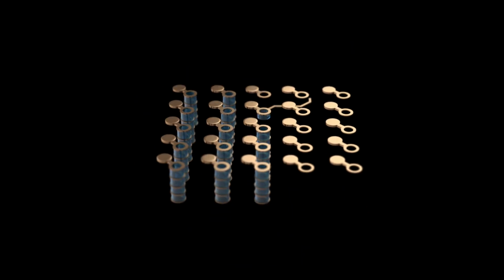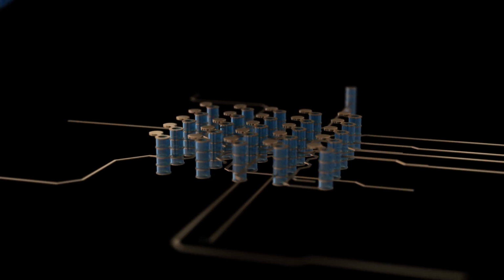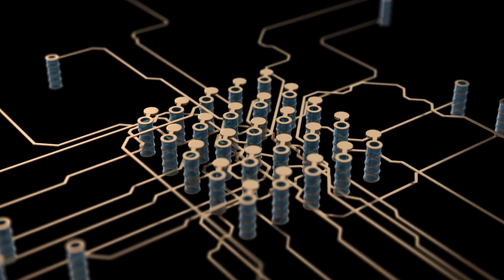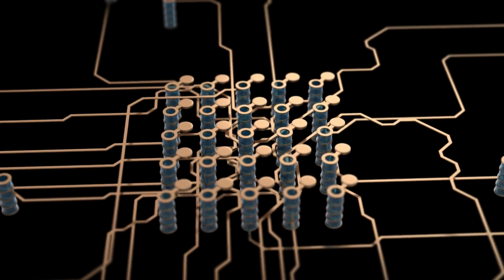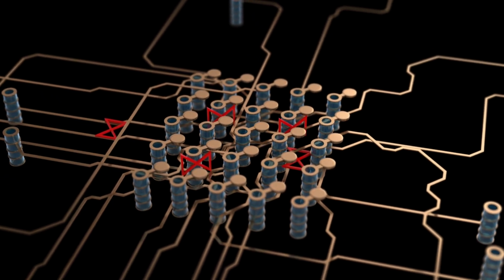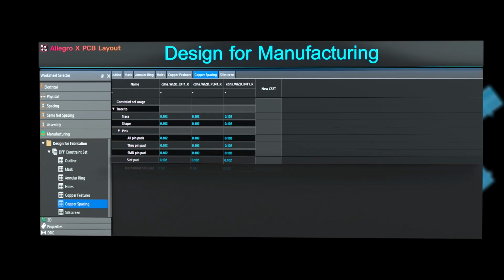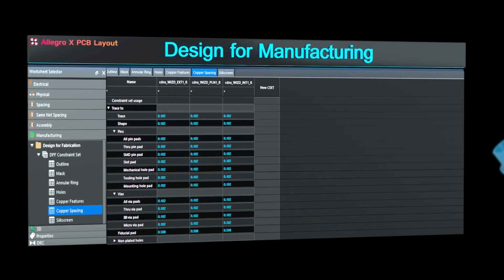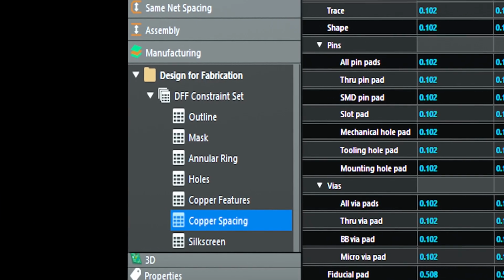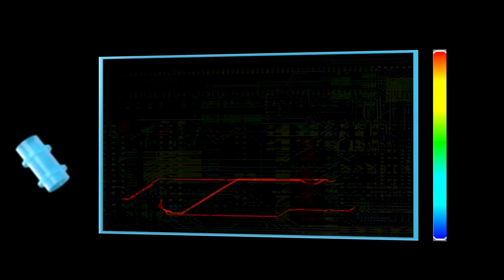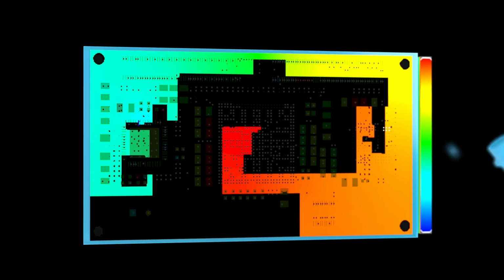For BGA fanout, constraint-driven routing controls breakout channels, layer transitions, and via selection within defined electrical and fabrication constraints. During routing, Allegro X continuously evaluates DFM constraints, copper distribution, thermal connectivity, and return path integrity, enabling early detection and correction of manufacturability risks. With in-design analysis, engineers can validate signal integrity, return path behavior, and power integrity directly within